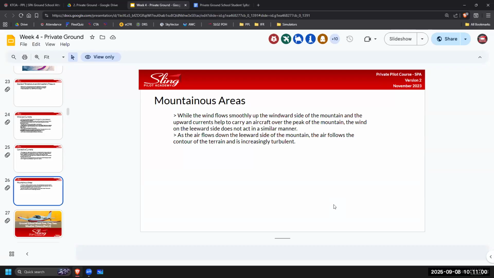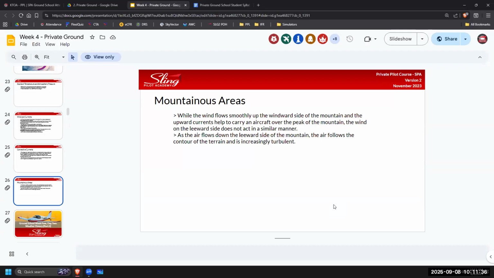If you're on the other side of the mountain and you get caught in this mountain wind or turbulence, you're going to be pushed back into the side of the mountain. Really, really bad. Some people have lost thousands of feet of altitude flying on the back side of the mountain over the peak and gotten pushed not only back into the mountain, but they've lost, I think there's a story of someone that has lost 5,000 feet of altitude, which I'm surprised that they survived. But it's very, very, very serious turbulence.